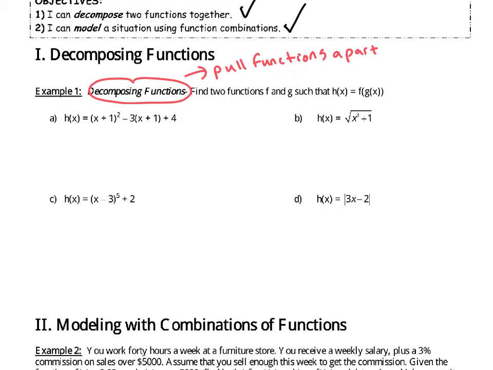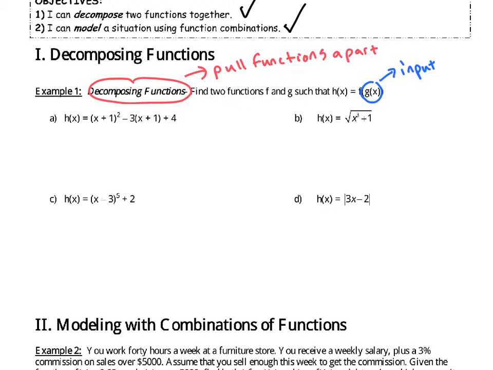Example 1 asks us to find two functions, f and g, such that h of x equals f of g of x. When we are asked to decompose functions, we are asked to do the exact opposite of what you've done in the previous lesson. We are not going to combine two functions, rather we're going to pull them apart from something that's already been combined. If h of x is the composition of f and g, notice that g of x must be the